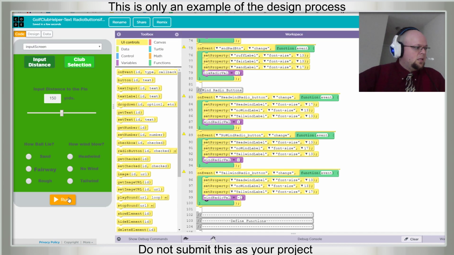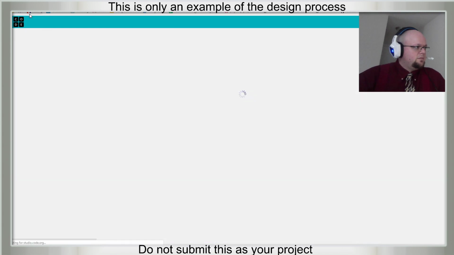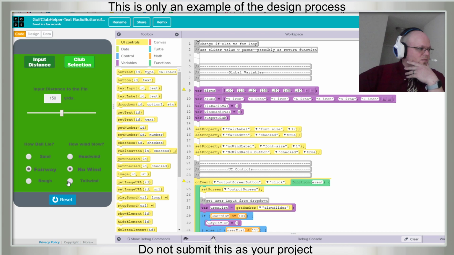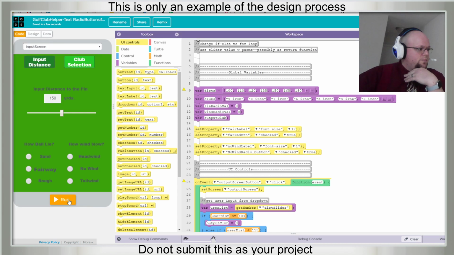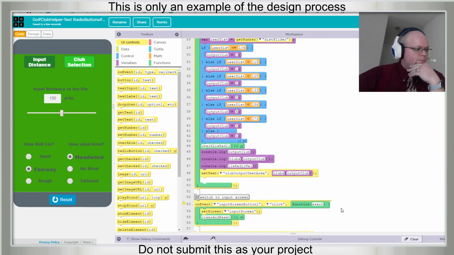Okay, and now we should be able to do something that doesn't freeze everything. Wonder if we just have too many user interface elements, or because I'm streaming. Okay, something's wrong, obviously.